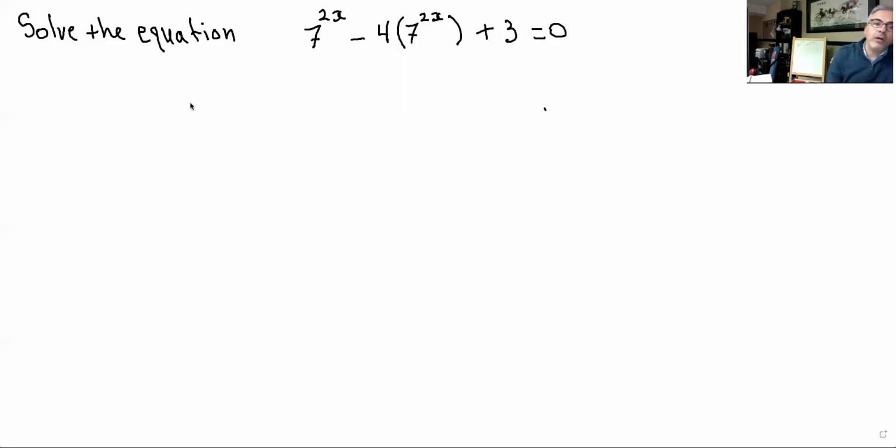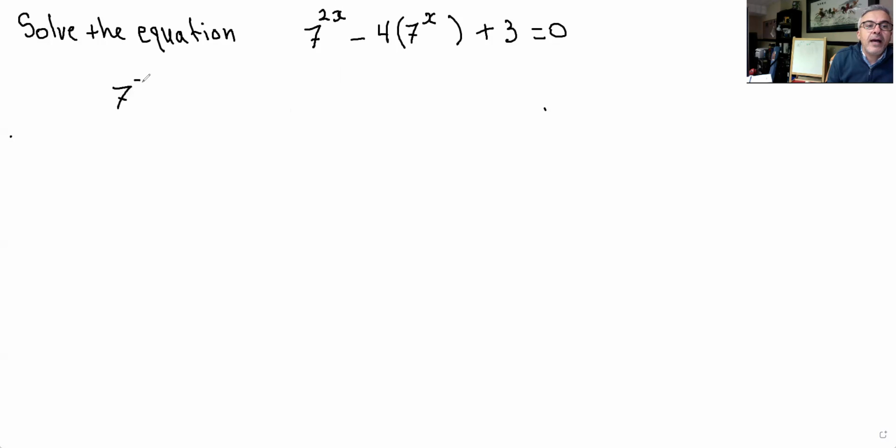So we started doing logarithms. A question like this: 7 to the power of 2x minus 4 brackets, 7 to the 2x, close the brackets, plus 3 equals 0, and they want you to solve the equation for x. If I look at this, I think the first thing we need to do is rewrite this as